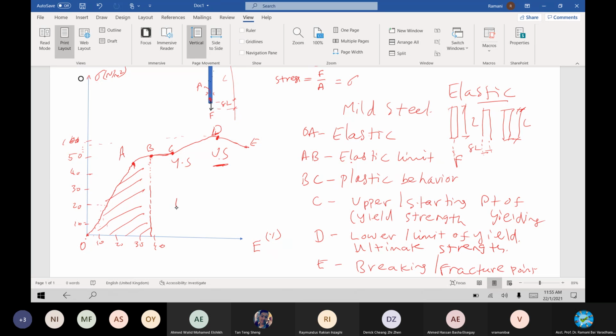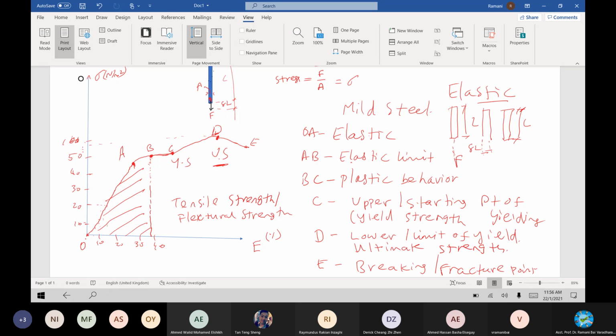So this is how the tensile strength of the member is determined. Tensile strength or flexural strength, all are same. Flexural point or flexural strength, all are same. Okay, this is how the strength of the member is determined. Any question here? Do you understand anything about this stress strain graph?